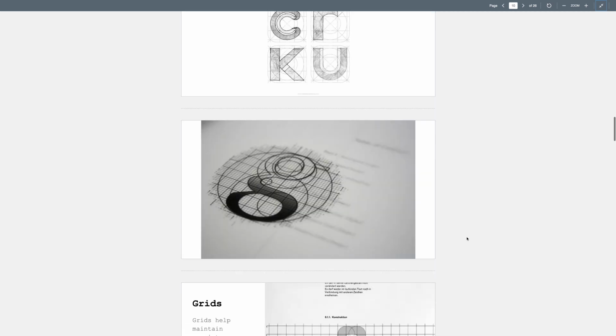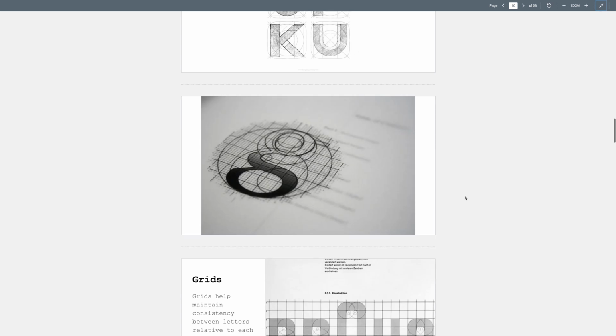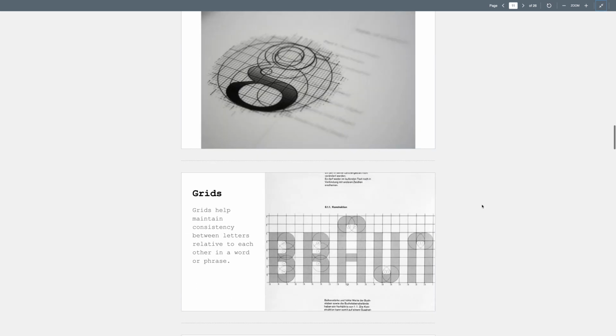Just another look at all of these circles that create that G. I think this is one of my favorite letters, this lowercase g that has all of these different strokes that kind of wind and bend. I think it's really fun. Okay,